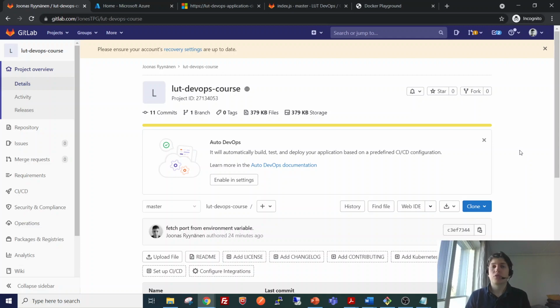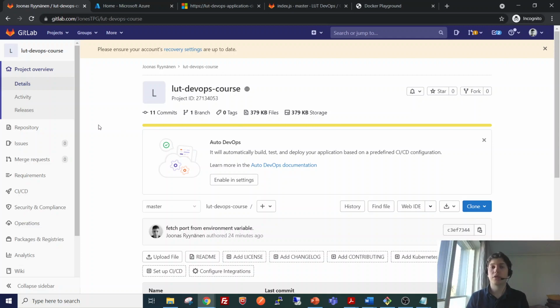Now the next topic we are going to talk about is continuous integration and deployment. Those are practices that automatize the software delivery process. So we are using an automatic pipeline in order to deploy the newest version of the software to the production. We are going to use all of these technologies and things that we have learned so far during this course.